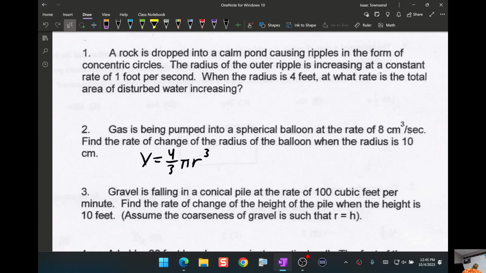Anybody still stuck on question 1 or question 2? R and H are the same thing. Then you can just say snowstorm. Question 3 is a little bit harder, but that's good for you to see where you get